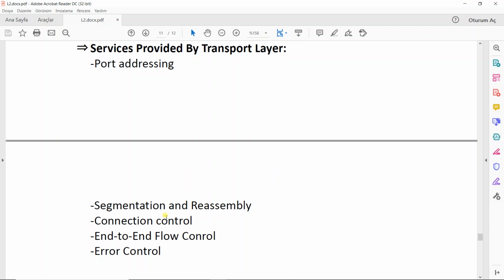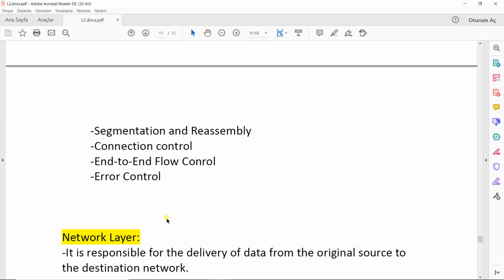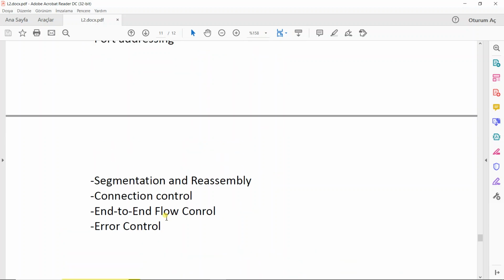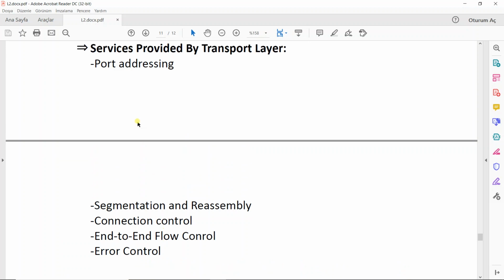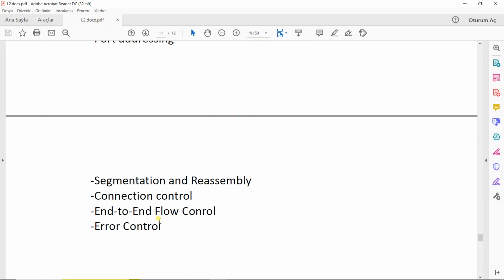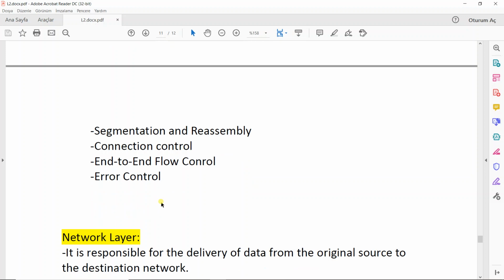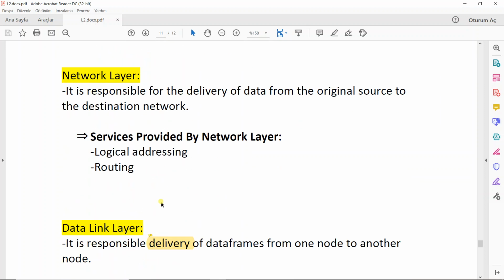What does it do else? It does segmentation and reassembly, connection control, end-to-end flow control, and error control. For example, if your message is received wrongly, it's the responsibility of the transport layer to do some error control and make sure that the packet can be retransmitted again so that I can decode it